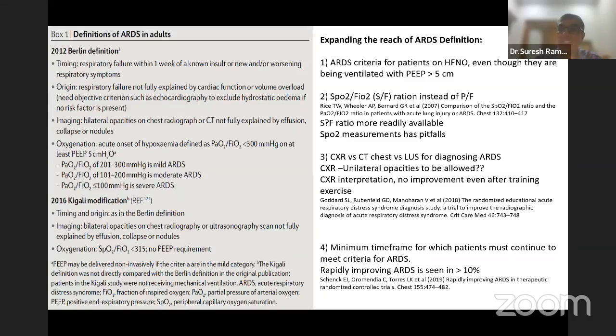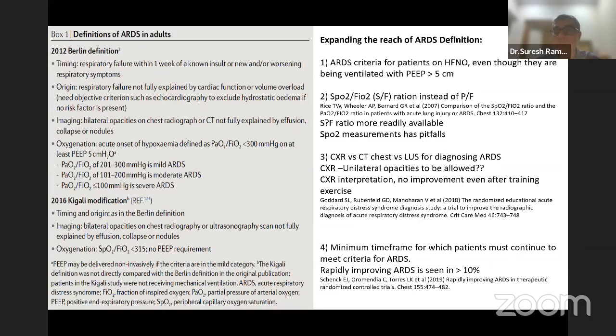As we said, the first X-ray itself gives 70% on room air, so maybe something. And what's the minimum time frame? We have seen this in COVID a lot, that people who have come in for 7-10 days, and it's only subsequently that the oxygenation gets worse and they require ventilation. Otherwise, they're holding on a non-rebreather mask or oxygen for quite some time, even for more than 7 days. And more importantly, about 10% of ARDS gets better with Lasix.